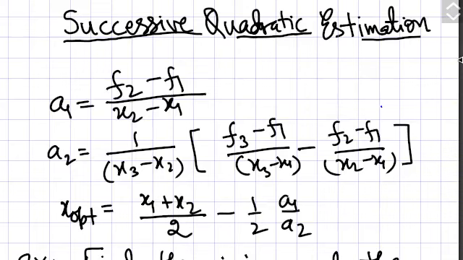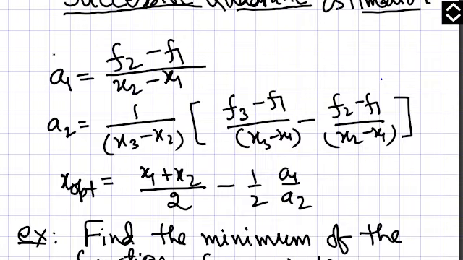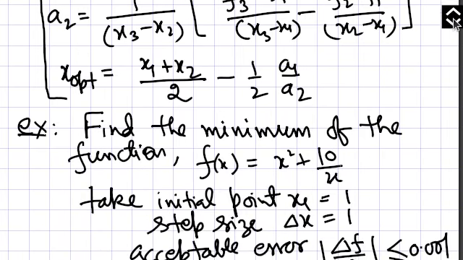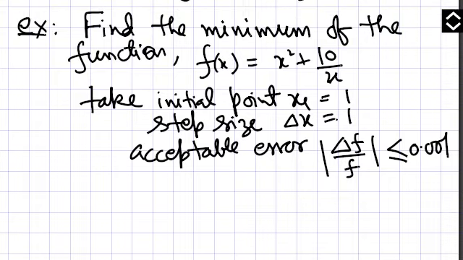So students, this is the next part in the series of the previous lecture. In this we will come to the actual section in our module 2, that is successive quadratic estimation, and this method will use that quadratic approximation method, and the formula you just saw in the previous lecture, that a1, a2 and x optimum or minimum. X optimum is actually x minimum, and this is the question: find the minimum of this function, the same function we are taking, and start with the initial point x1 and take step size.